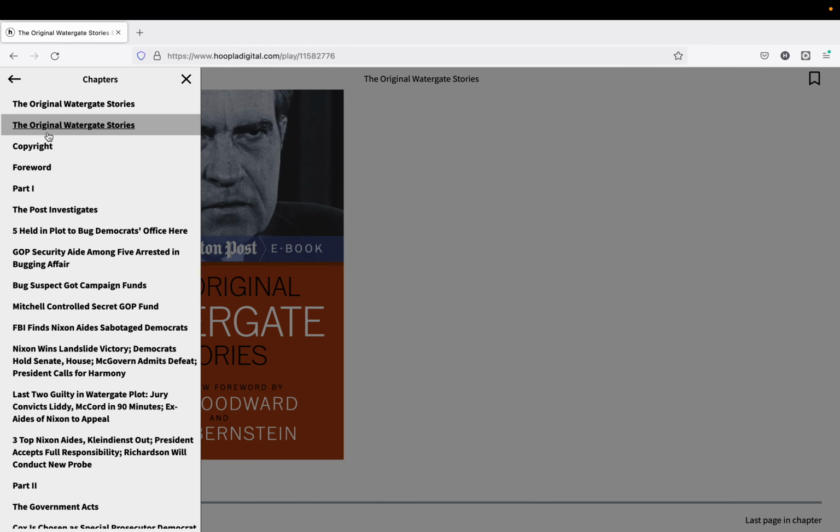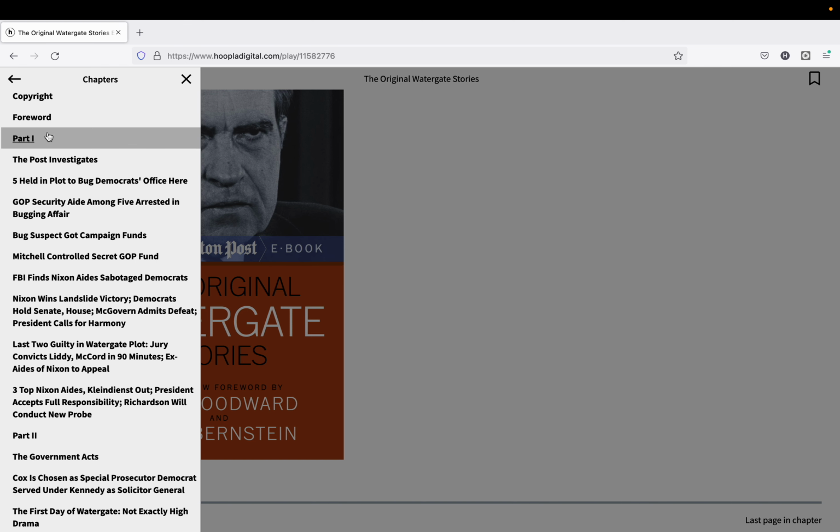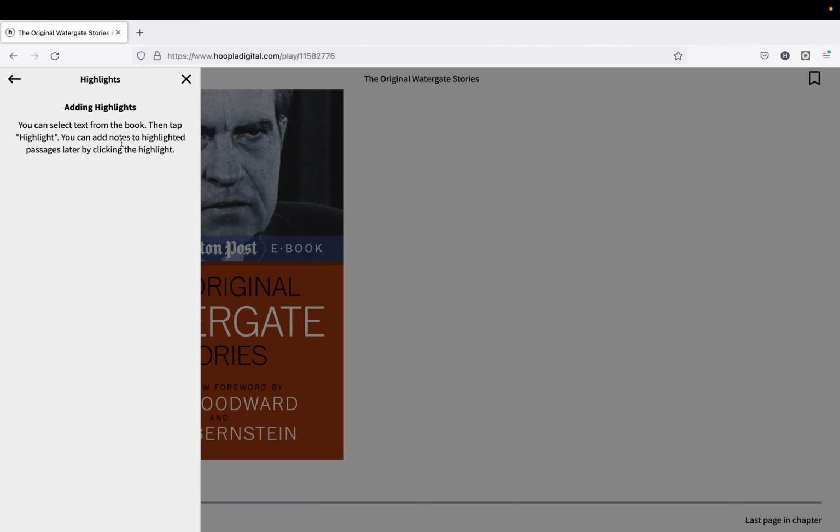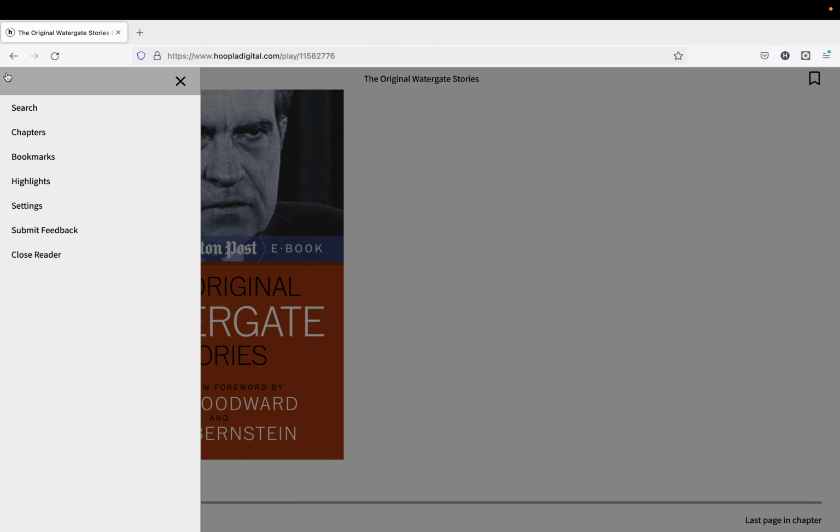We can click on chapters, and it's going to give us the chapters of the book that we can hyperlink to navigate faster around the book. We can also search for words or phrases in the book, and it will bring us to the page that phrase appears in the text. So highlight options, we can add highlights, and we also have an option to submit feedback or close the reader altogether.